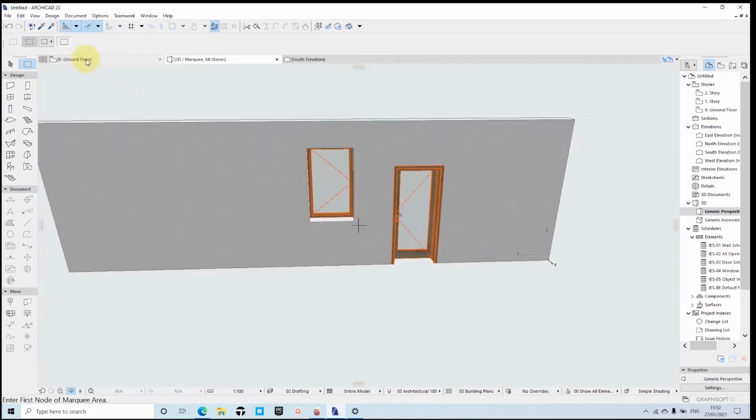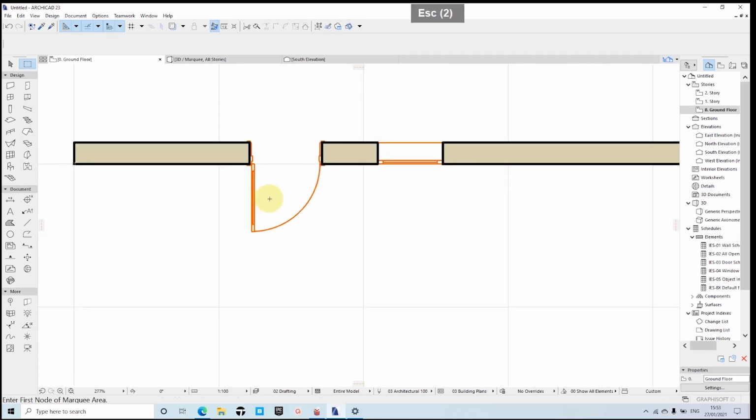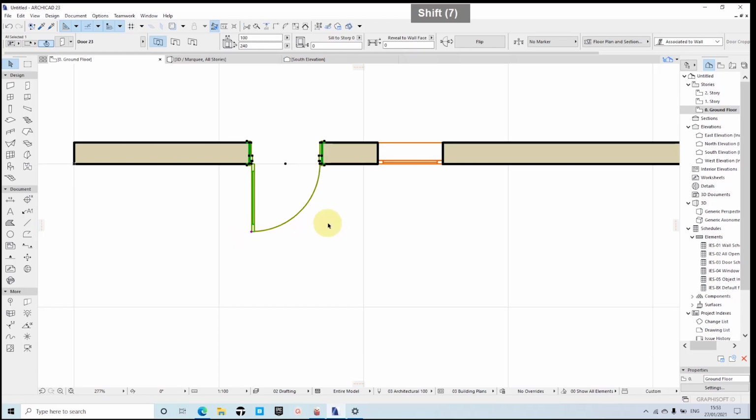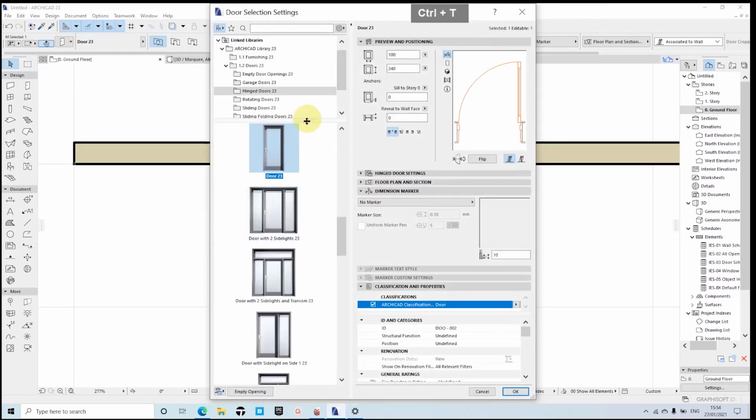Alright. Whenever you want to do some changes on the doors and windows, you have to first of all select, and then you can either double click or go to settings or hit Ctrl+T on your computer to go to settings and change whatever